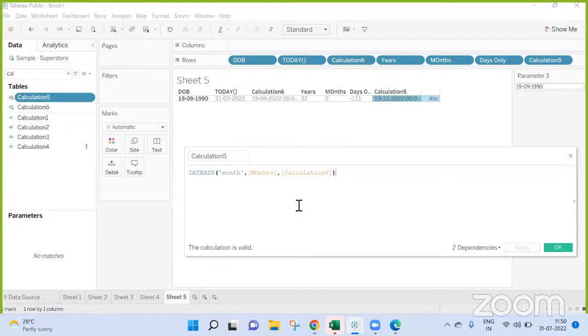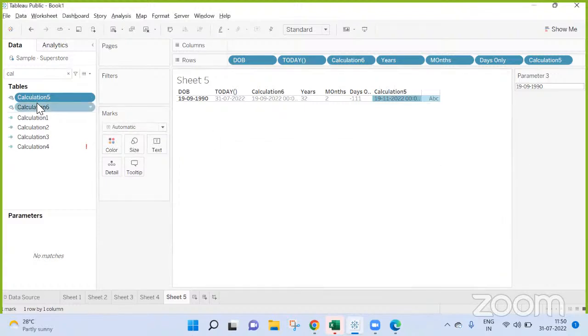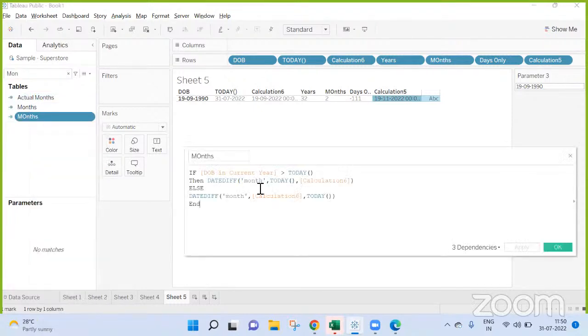What is my calculation file? Okay, I'm using date add of months, comma, calculations. So here, rather than trying to correct this, let me keep this only.